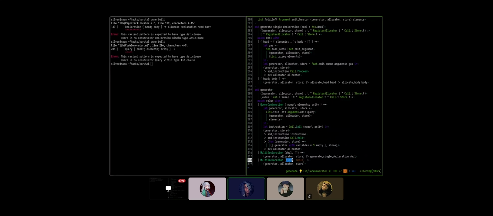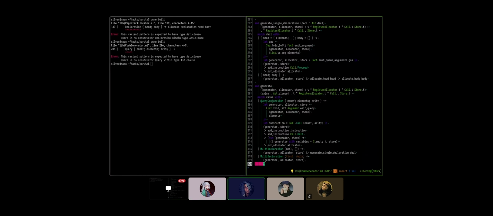Okay, so let's add the instruction then. Look at line 310. Let's actually do let instruction first. We don't really need the store or the allocator to add an instruction, right? No, we're just going to do the tuple there, the pair. But actually there's a thing. We need to...